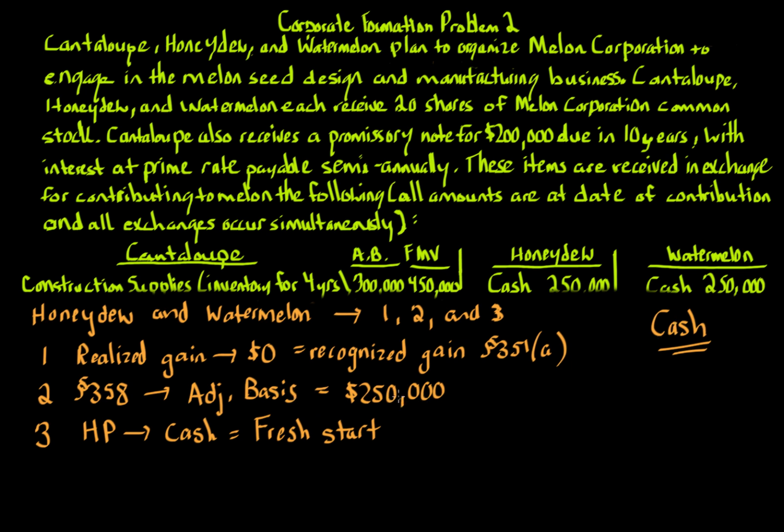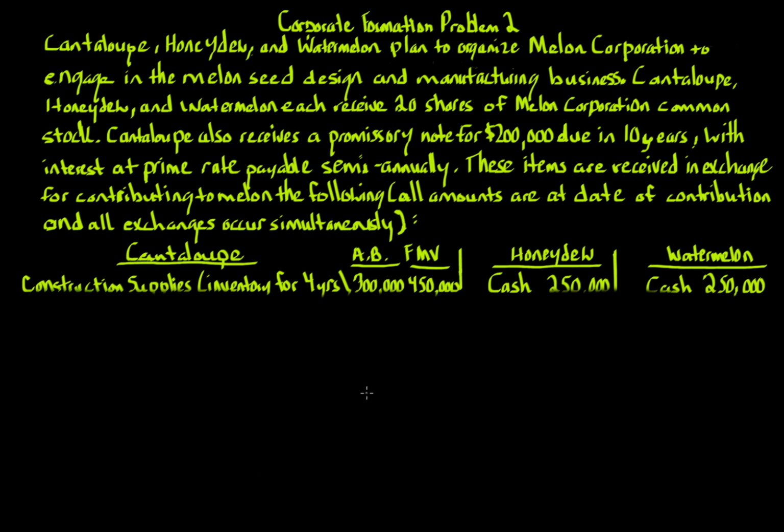Okay, I mean, if you are receiving boot as well, you have to break it down by that. And then the holding period is always going to be a fresh start because cash is being contributed. Okay, so we've gone through steps 1, 2, and 3 for all the transfer shareholders,